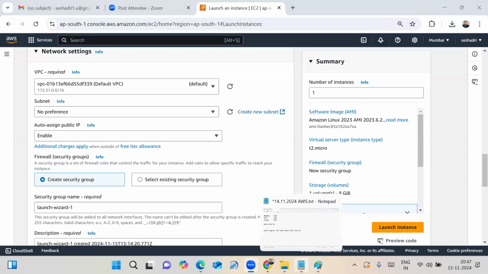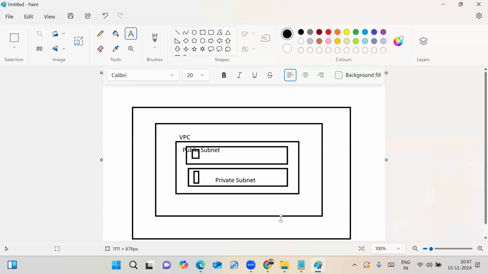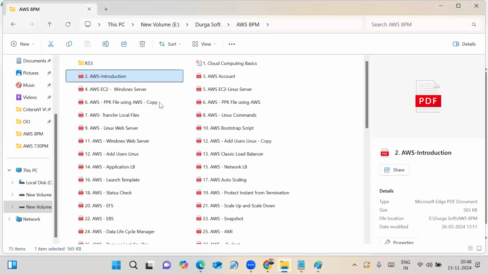Availability zones are not data centers. I already told you that this is the entire region, the Mumbai region. If you deploy the application in the Mumbai region, it is divided into the availability zones. We can deploy your applications in multiple availability zones. Can we launch one public subnet and one private subnet in the three? That we are discussing in detail in the virtual private cloud.